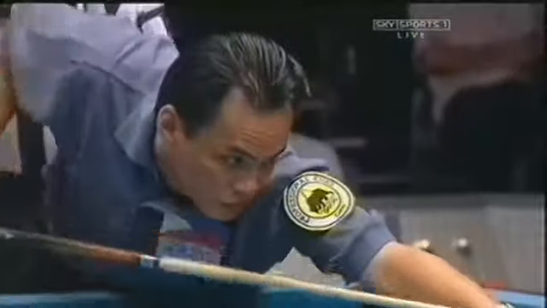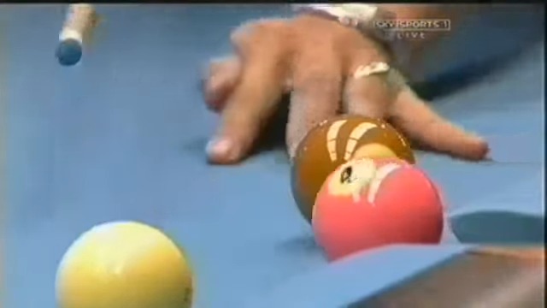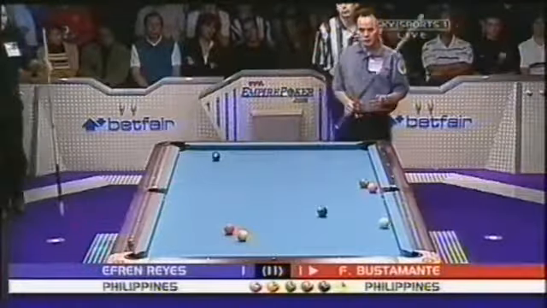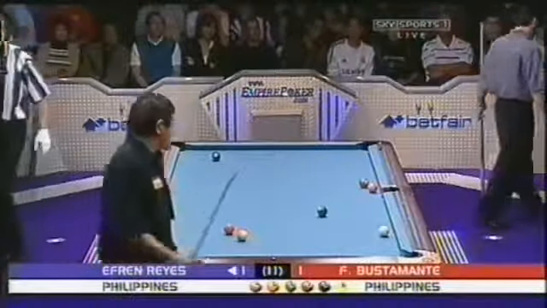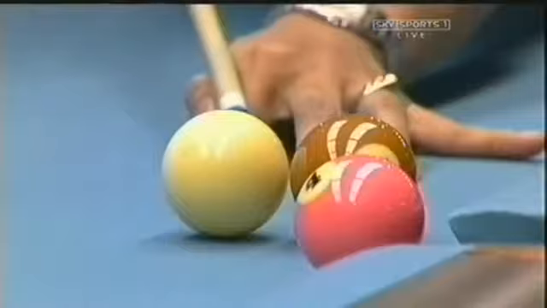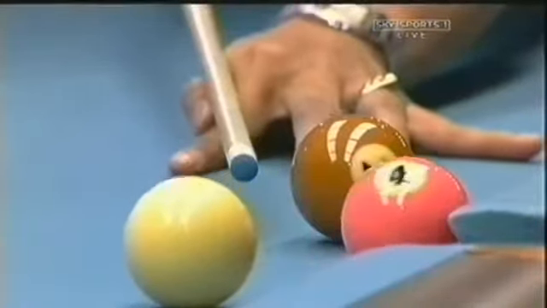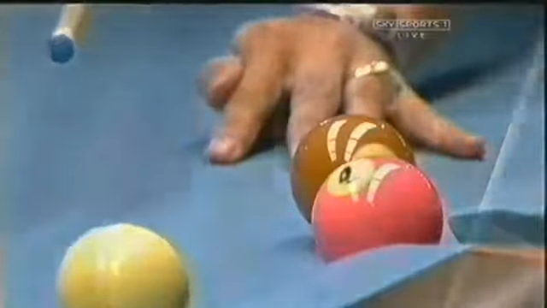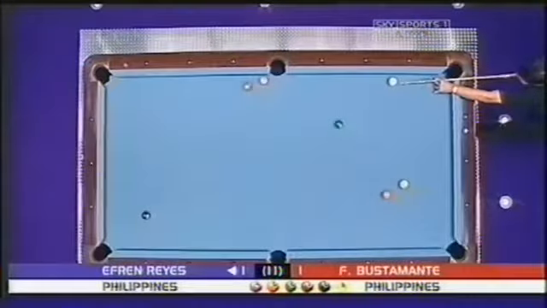As it is, Bustamante can just... Wow, it is tight. Barely see an edge, and that's all he had to do. His eyes are about 14 years younger than our Reyes's. And that certainly paid dividends with that particular effort. Reyes is trying to... If he could get it past a 7, he could...